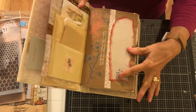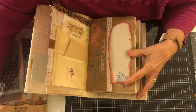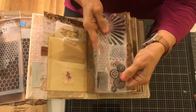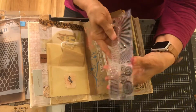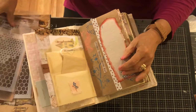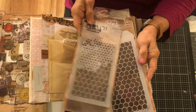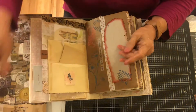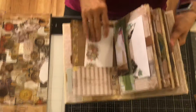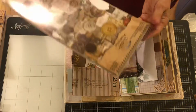This is he has several different sticker packs, and then this is one that I used, one of his sticker packs. And also I used a lot of his stencils, mostly the honeycomb. I really love that pattern, so I've used some of those to add some texture. And also these numbers here came from his